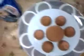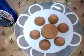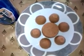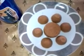It's all done now, and the other one's in the container. And that's it really. And for this recipe, I'm going to call it